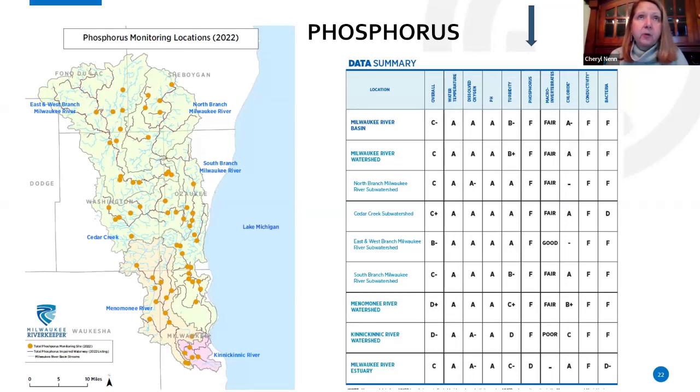We had not had any prior to that time. And that was at the point when we really kicked up our phosphorus sampling. And so a lot of our citizen data has led to most of the phosphorus impairments in the watershed, as well as the chloride impairments and some of the other listings. An impairment is basically, these are sites that don't meet our water quality standards. So as part of that, EPA is required to come in and do a plan,